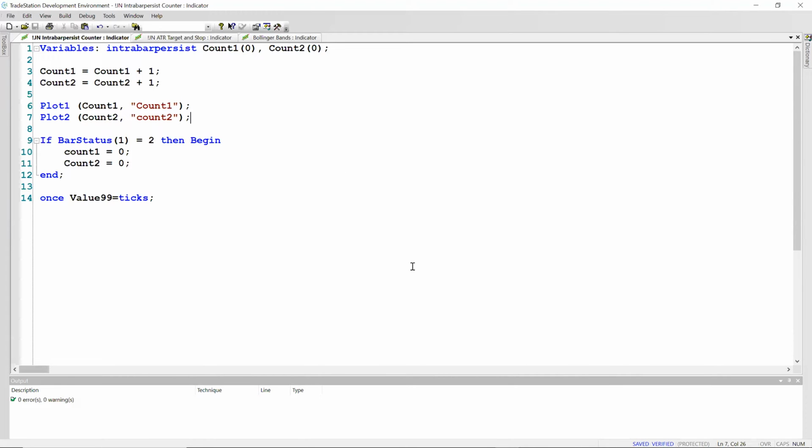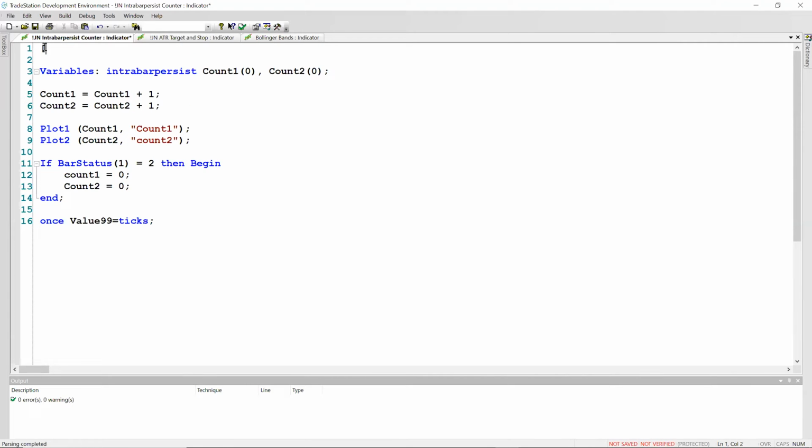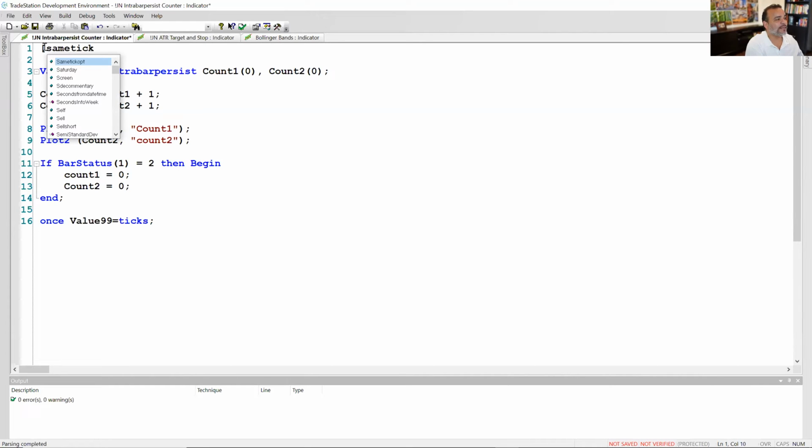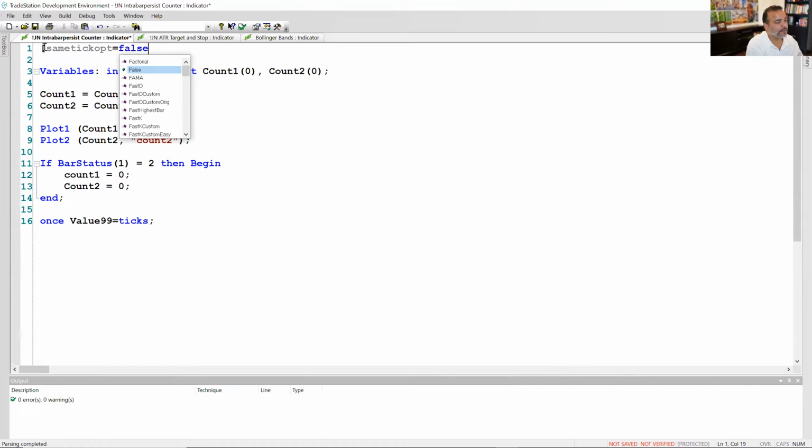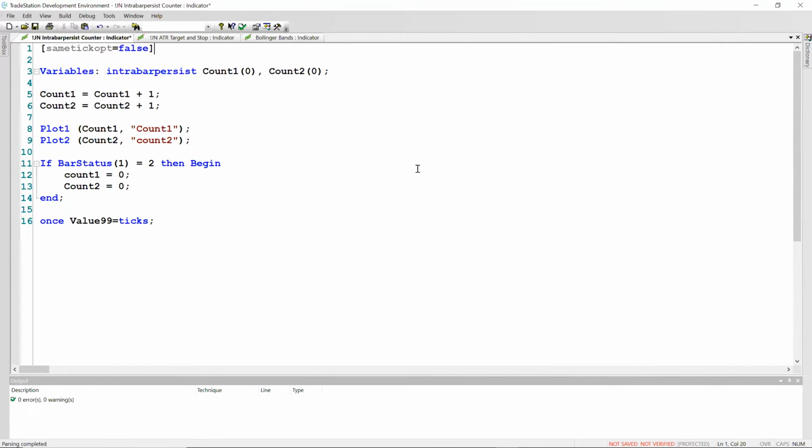And again, regarding the attribute I was referring to, at the top of the code you could type an open bracket and type SameTickOpt, all one word, equals false, close bracket. See how that turned gray? You'll see that will verify. You can verify the code now. And that will prevent, it is one of the ways that we prevent, actually, this attribute,